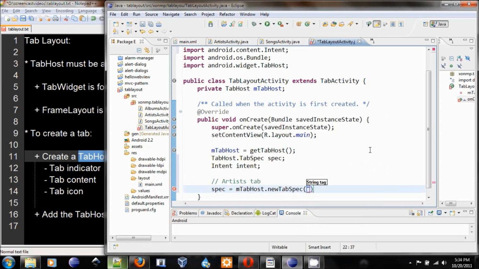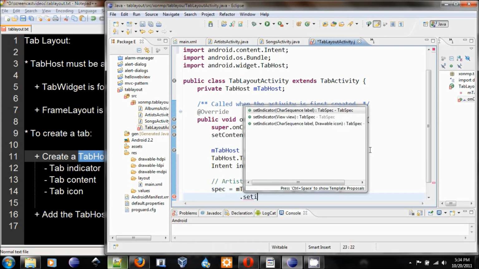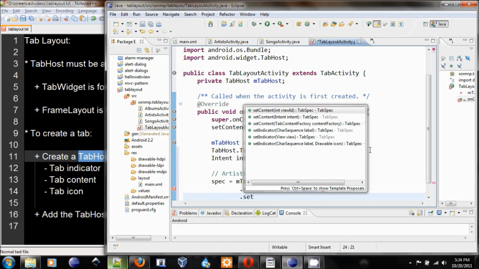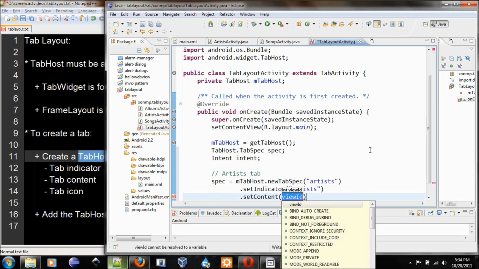The tag's gonna be artist, and let's set the indicator to be artist, and then set content to be the intent,